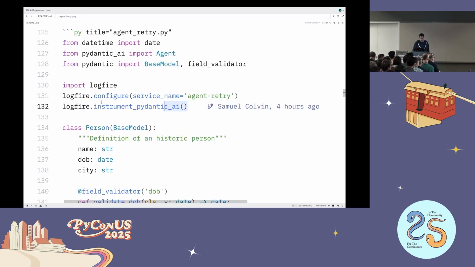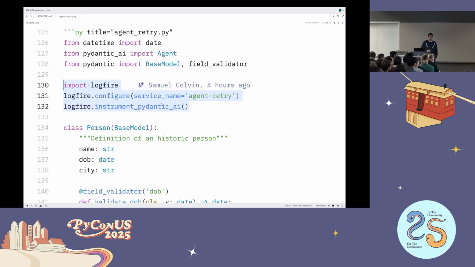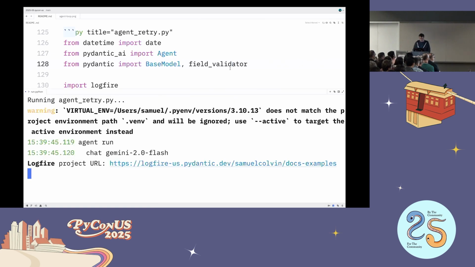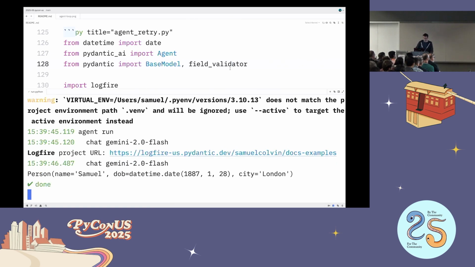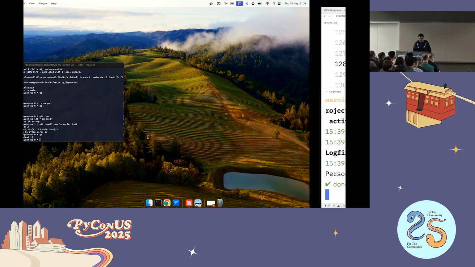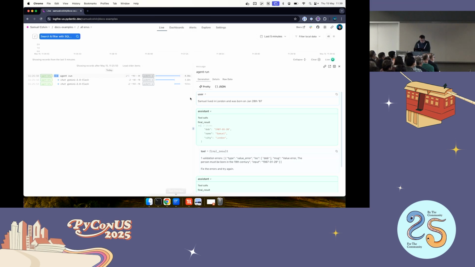The only other thing we've added is these 3 lines of code here to instrument this example with Logfire so that I can show you that agentic loop going on. So if I run this example, it has succeeded, and we immediately get some traces out here, and you can see we had 2 calls to Gemini. But if I come across here to Logfire, and I will,